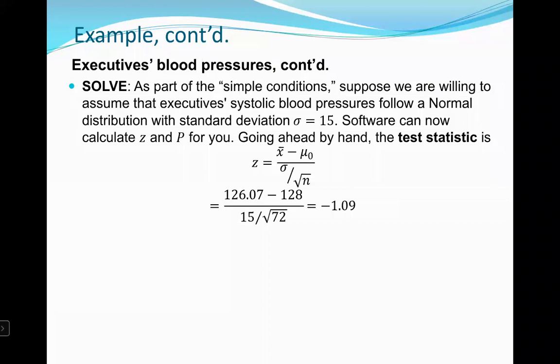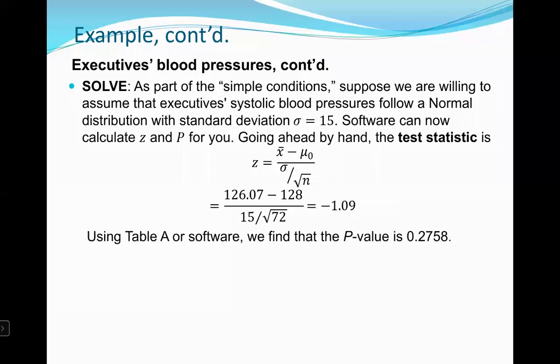126.07 minus 128 in our numerator, divided by the quantity 15 divided by root 72 in the denominator, equals negative 1.09, which, if 128 is our mean, tells us we're below the mean in our sample by about 1 standard deviation. Using table A or software, we find that the p-value is